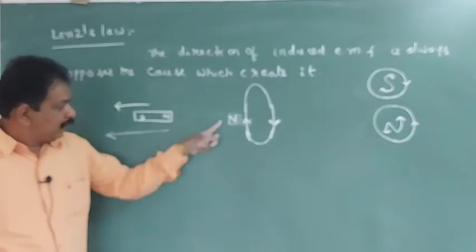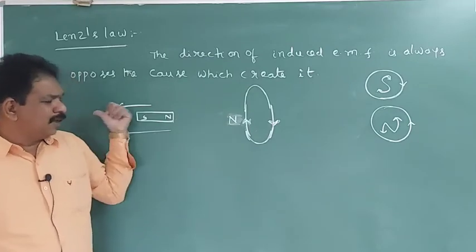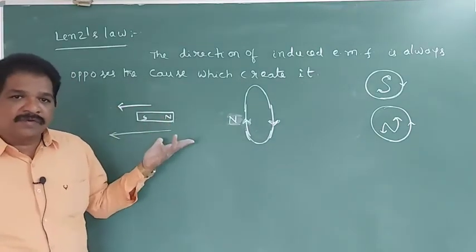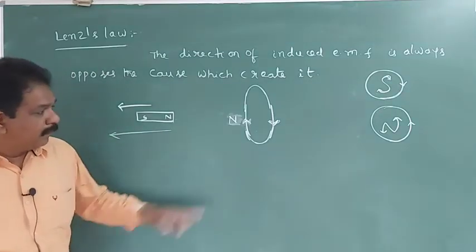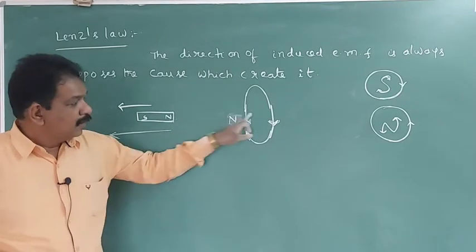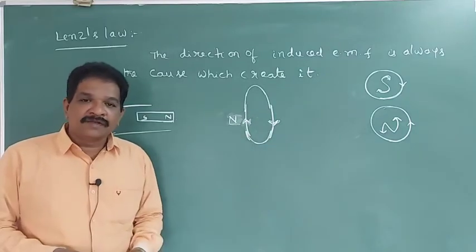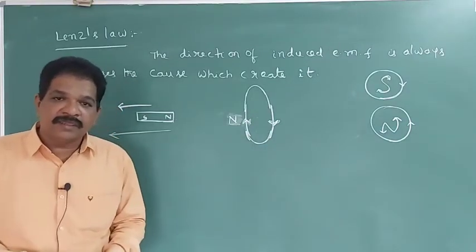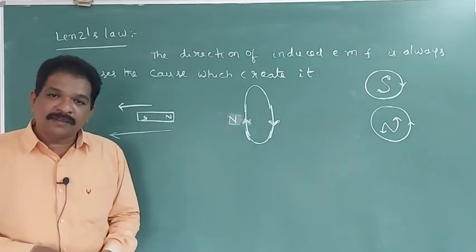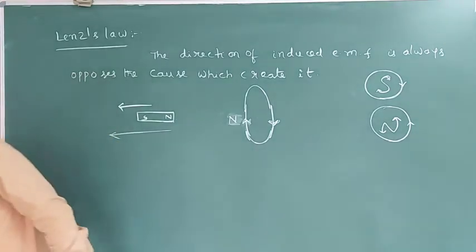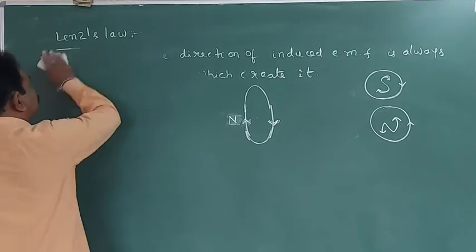Here, if north is induced, what will happen? These two will repel, and it will go easily. No additional work is required. But here electrical energy is created, which means conservation of energy will fail. Where has that energy come from? What is the reason for this energy? We can't explain. Clear? So, that is about Lenz's law. Next, after finishing this Lenz's law,